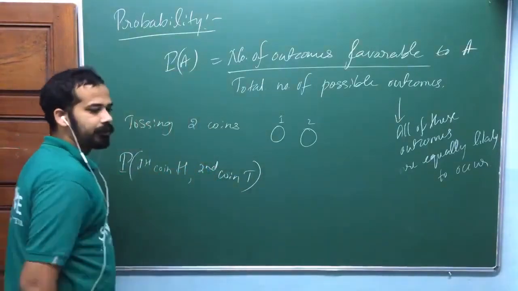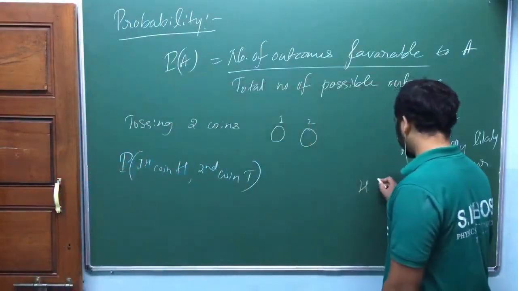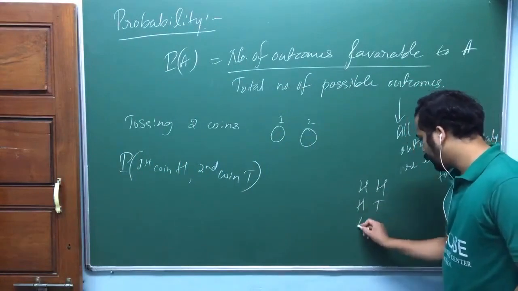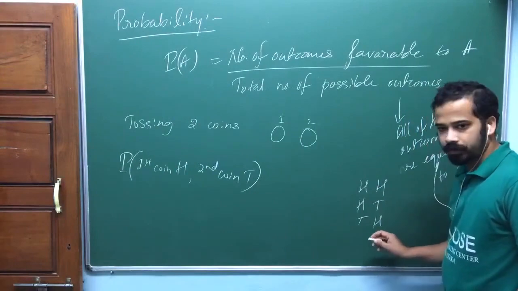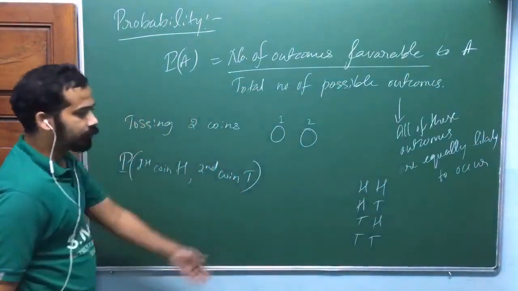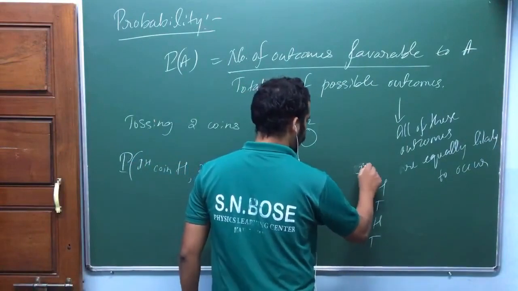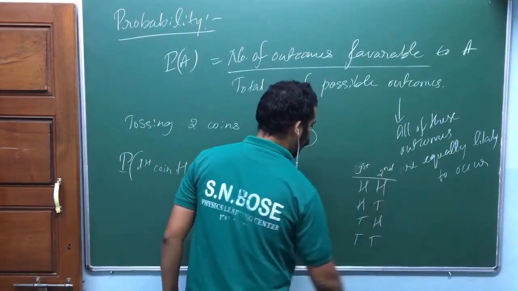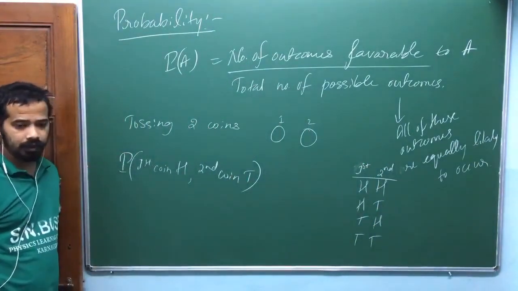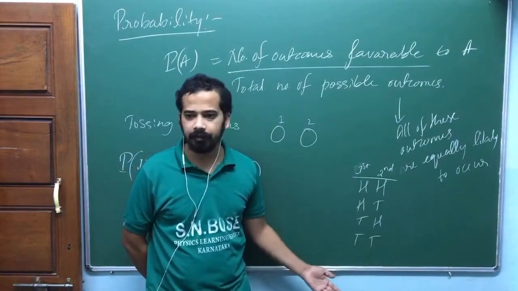So then what would you do? You can go for a sample space actually. We call that one a sample space. What are the possibilities that can happen, isn't it? The first one can be head, second one can be head. Both of the coins can be head. First one can be head, second one can be tail. First one can be tail, second one can be head, isn't it? So both can be tail, am I right? These are the 4 possibilities. We call it a sample space. First coin, second coin. Is it okay? So we call this a sample space: head, tail, head, tail, isn't it?